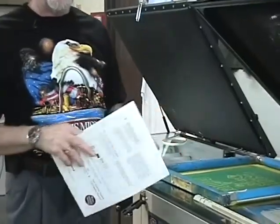Now Mike showed you exposing the one color print and washing it out. One of the questions you're always going to have is what your exposure time is going to be. Mike talked about 40 minutes, 5 minutes, 25 to 45 light units. You really won't know, because your exposing unit, your brand of emulsion, and how you coat your screens are all different. So you might be exposing for 10 minutes as a test and find out that it should really be